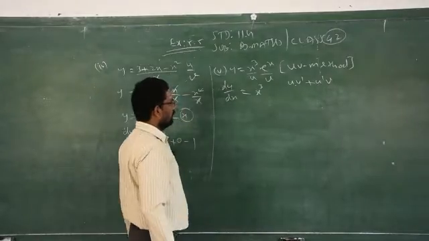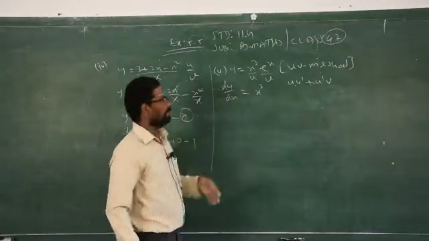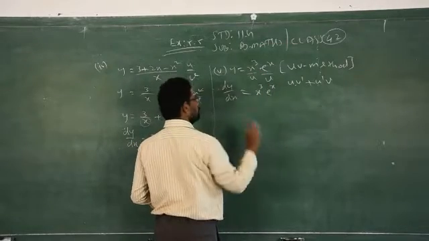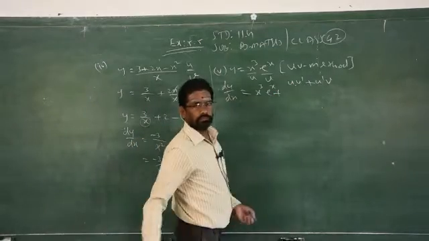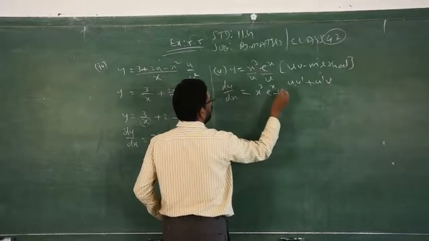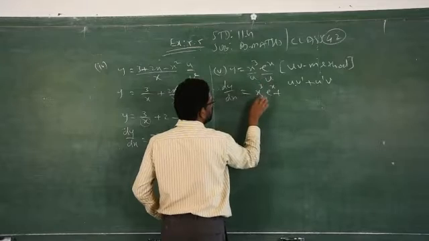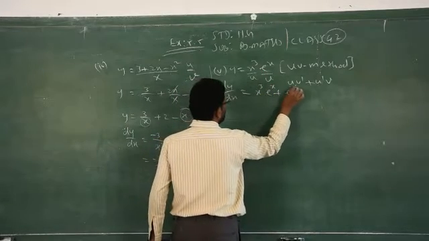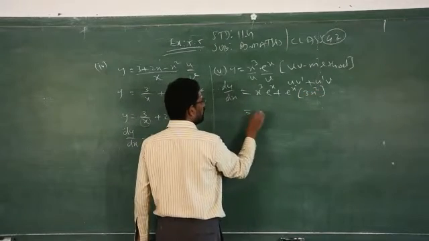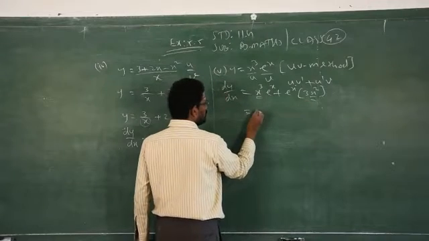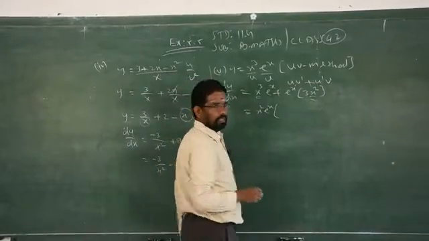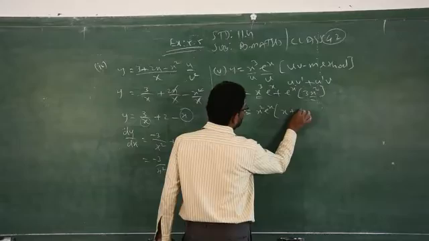If you are not able to memorize the formula, just keep it in your mind. Keep the first factor as it is. Differentiate the second one. E power x is always e power x. That is the formula. Plus, then you differentiate. Which one? I keep the first one as it is, I differentiate the second one. Now you have to keep the second one as it is, differentiate the first one, we'll get 3x square. Clear? So what is the common factor of these two? x square and e power x. So x square, e power x. If you take it as a common factor, then we'll get x plus 3. That's all.